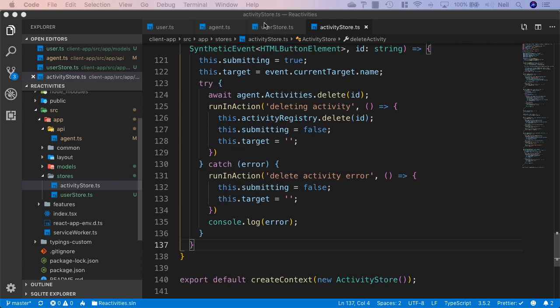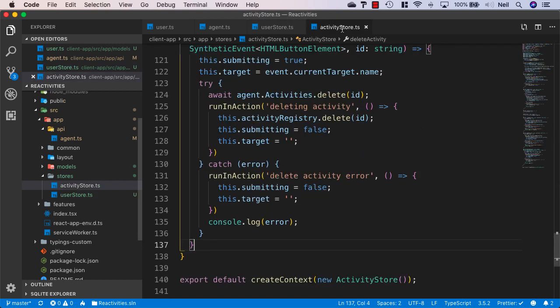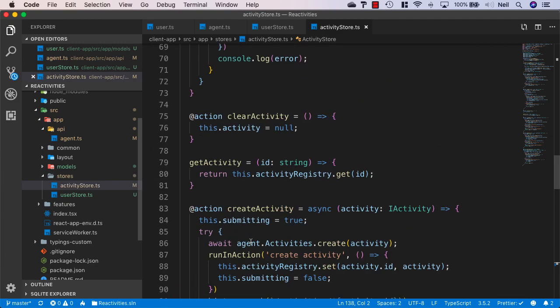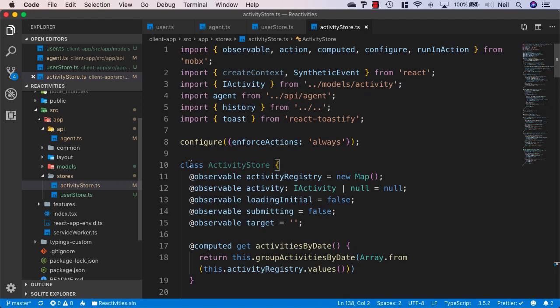And what we'll do is change what we're doing here. We'll make our export consistent from our activity store. So we're going to export our default class just the same way we're doing in our user store. So I'll remove this export at the bottom, and this is going to break our application, which we will be refactoring in this lesson anyway. And I'm just going to come up to the top and say export default class